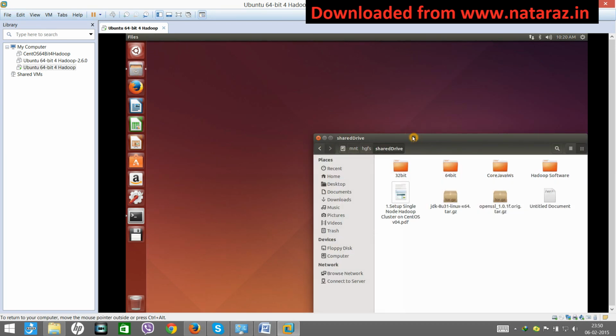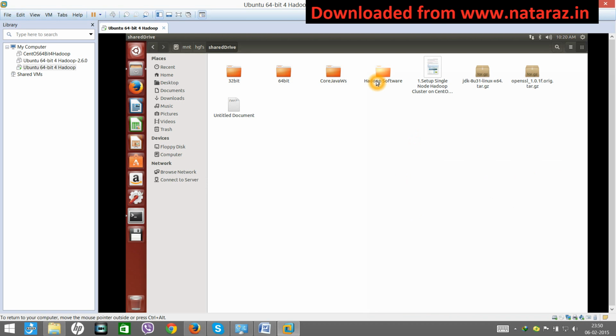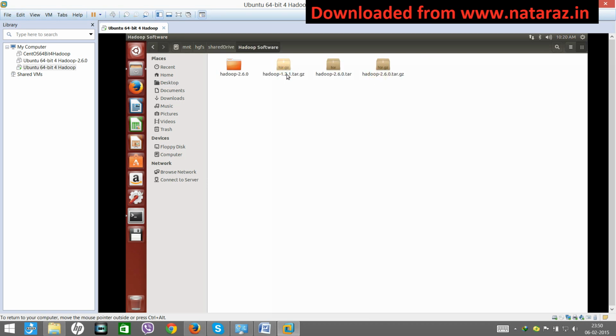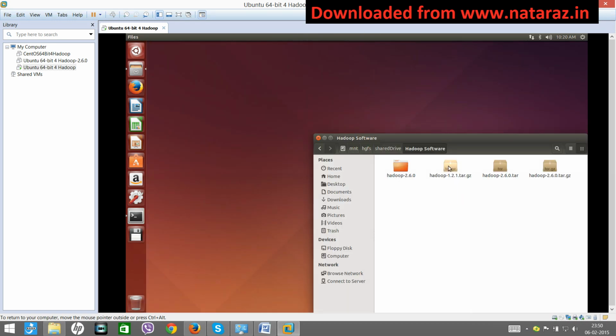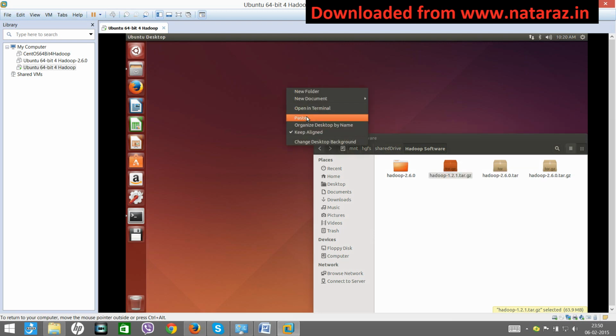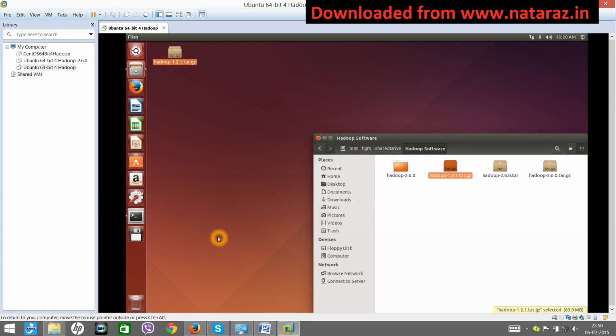In the shared drive you see the Hadoop software is there, 1.2.tar.gz. So copy this to your desktop. Copy, paste, done.